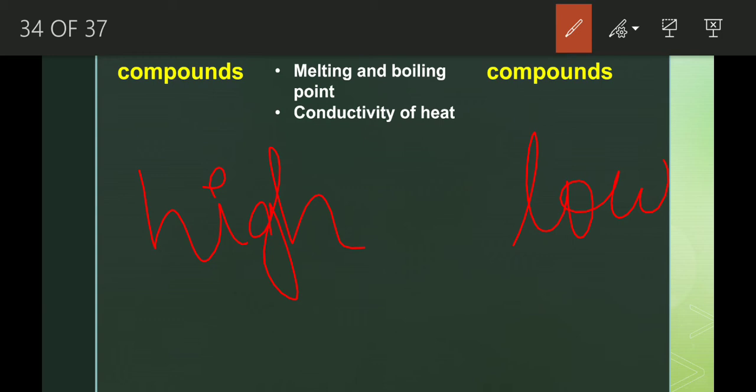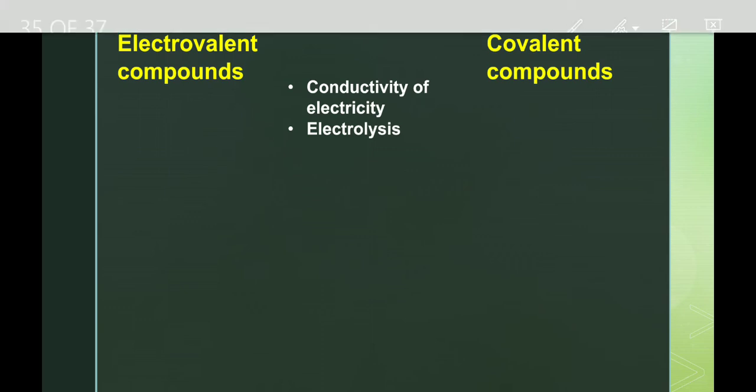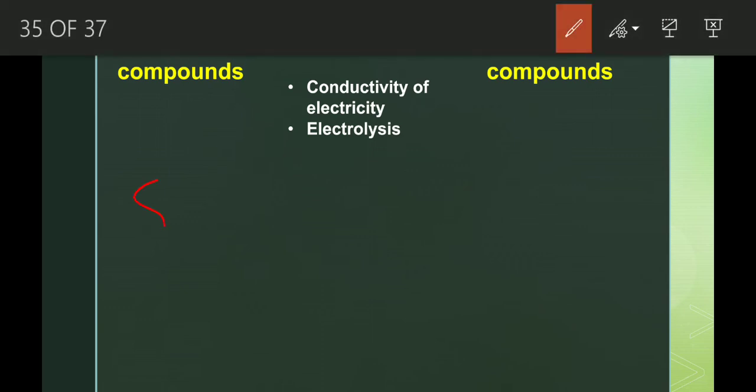Okay. Now, conductivity of heat. In the case of electrovalent compounds, they are good conductors of heat. But most covalent compounds are bad conductors, or non-conductors, of heat. Okay. Next, electricity. In the case of conductivity of electricity, electrovalent compounds in the solid state